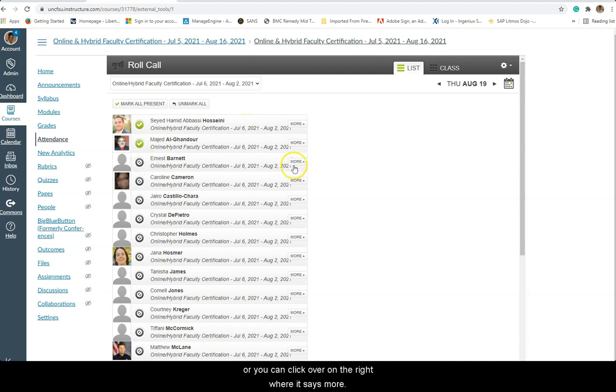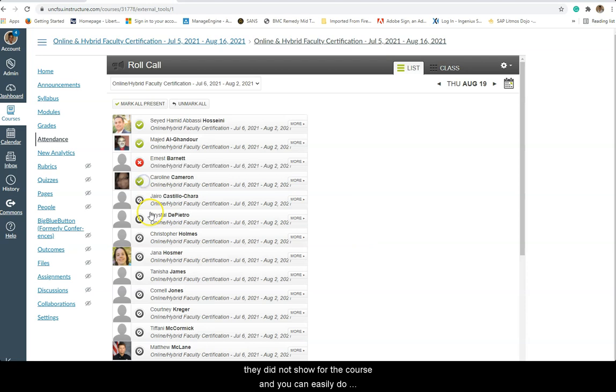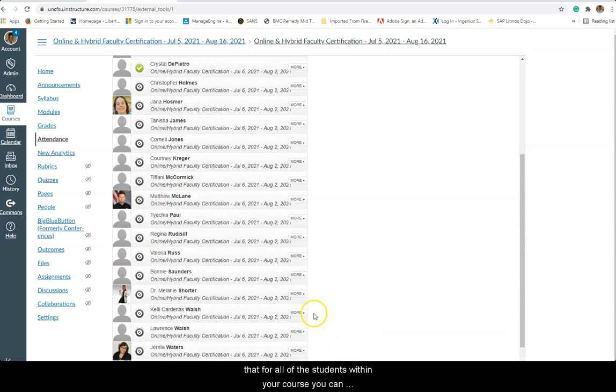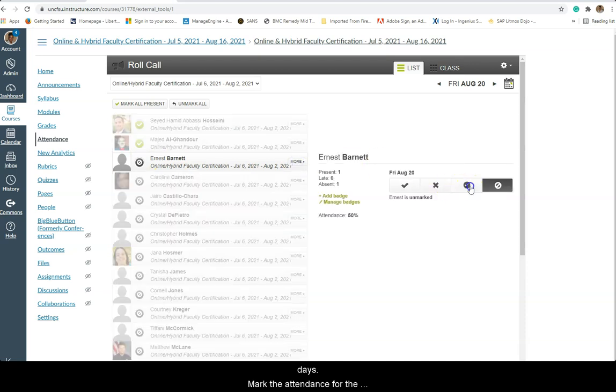Or you can click over on the right where it says More, and this will allow you to look at the student. If the student was late, you can either mark that they were late for the course, or if they did not show up at all, you can select that they did not show for the course. And you can easily do that for all of the students within your course. You can do that for each day as you scroll through the different days. Mark the attendance for the course, and that is just how easy it is to use Canvas to mark attendance